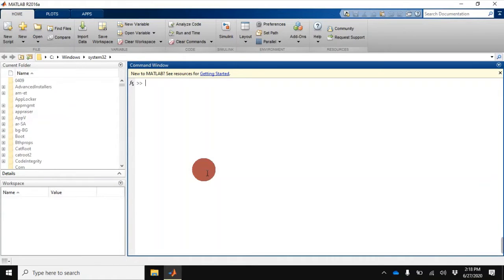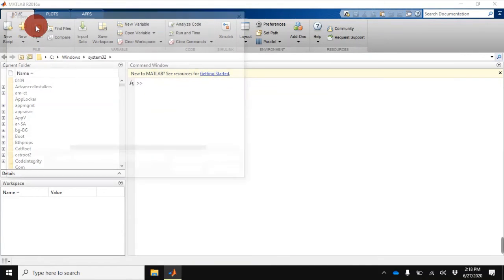Today our topic is MATLAB: how can we call functions in MATLAB and how can we run them. I will tell you every step to do this, and I hope you will stay connected with me throughout the video. Now the first most important thing which students miss is that they simply open the function file from here.